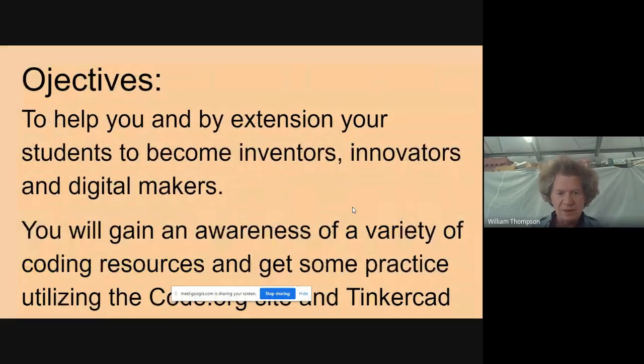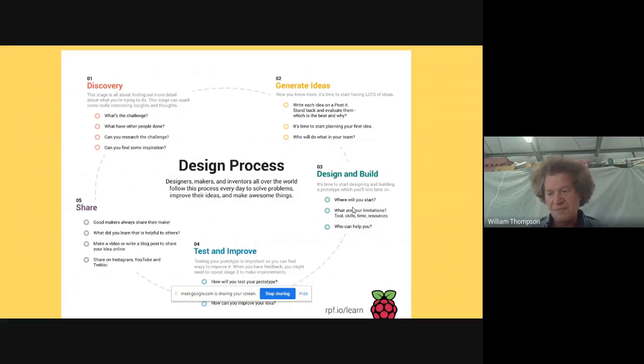So I think I already mentioned this one. Today I want to help you gain an awareness of a variety of online coding sources. Yesterday we focused on code.org and Tinkercad, but we'll be looking in depth at some other ones today. And one other data point I wanted to contribute was from a research article published by Google on computer science education, which indicated that if a teacher or a parent just tells a student that they would be good at computer science, it increases their chances of going into that field by 200 to 300%.